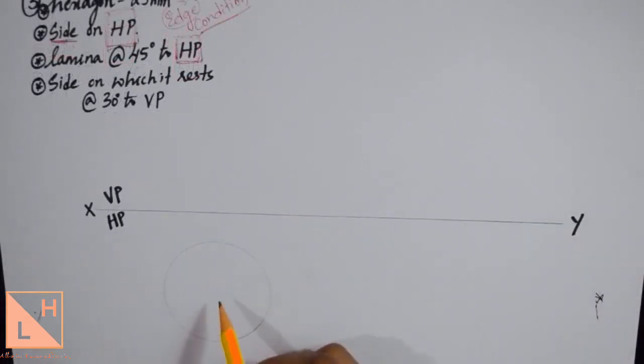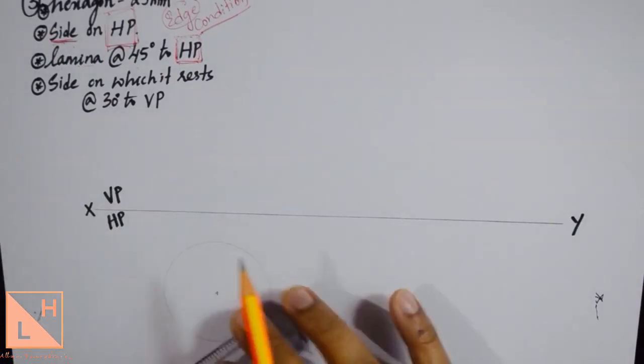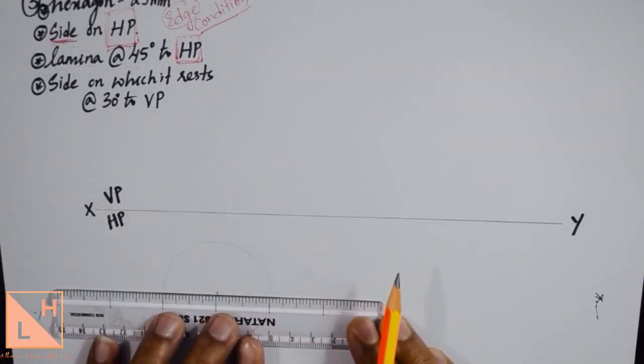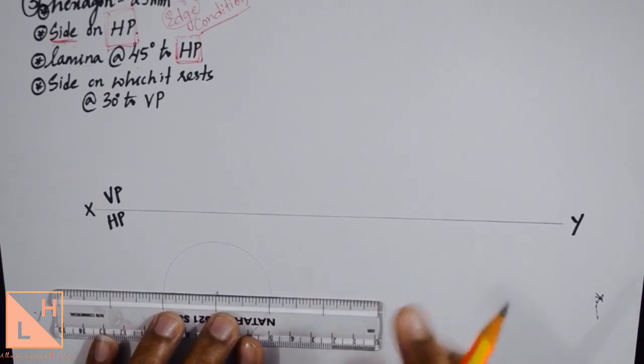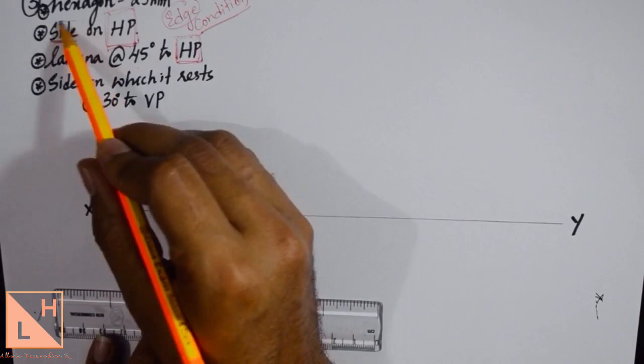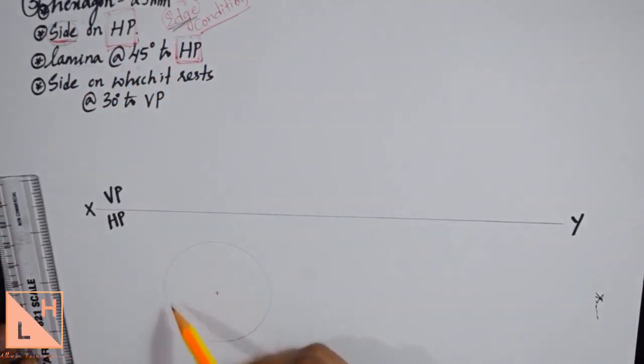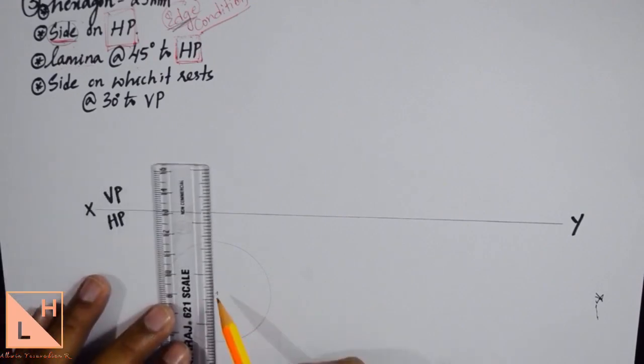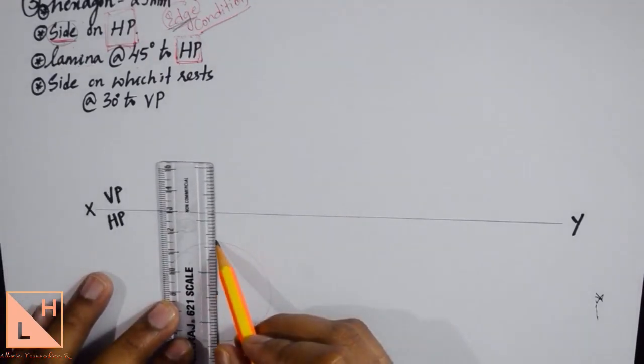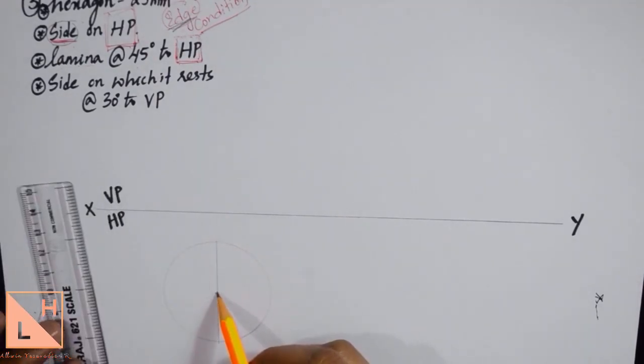Now once you are done with the circle, locate the center, and if you remember what we used to do in the previous cases, after drawing the circle we used to draw a horizontal line. We will draw a horizontal line when you need a corner condition. In this case what we need here is a side, that is an edge condition. So we want the edge to be on the left side. In that case you draw a vertical line which passes through the center of the circle, right?